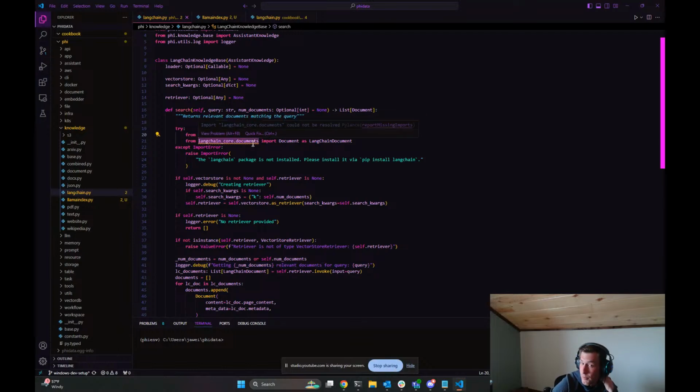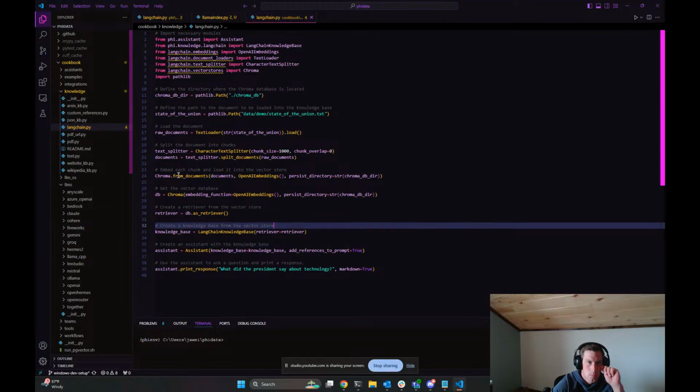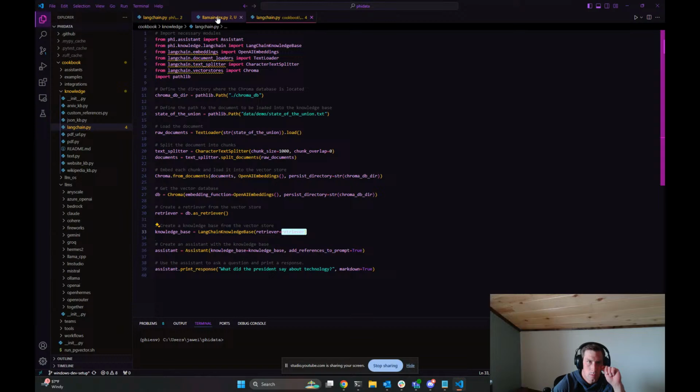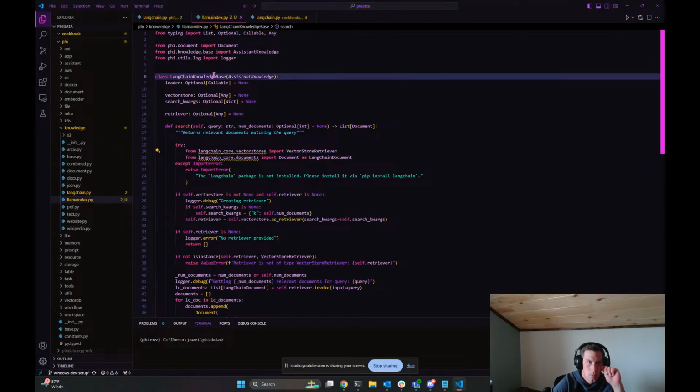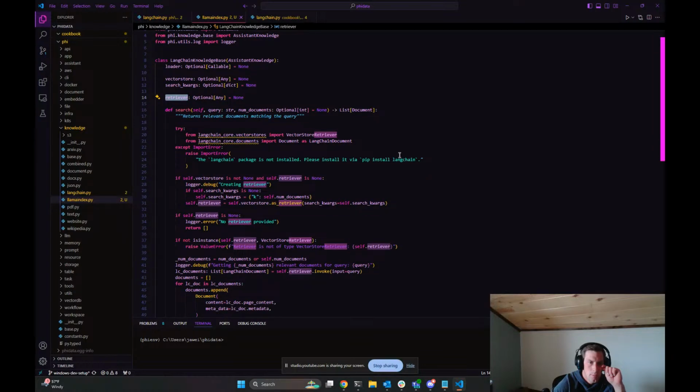So we're either going from vector store or document. That's not a problem, right? But oh no, you could also go from retriever. Yeah, you could go from retriever. If retriever is none,